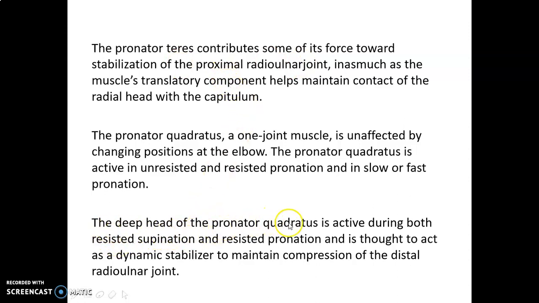The deep head of the pronator quadratus is active during both resisted supination and resisted pronation and is thought to act as a dynamic stabilizer to maintain compression of the distal radioulnar joint. So the pronator quadratus, along with being a good one-joint pronator, also, because of its attachment,